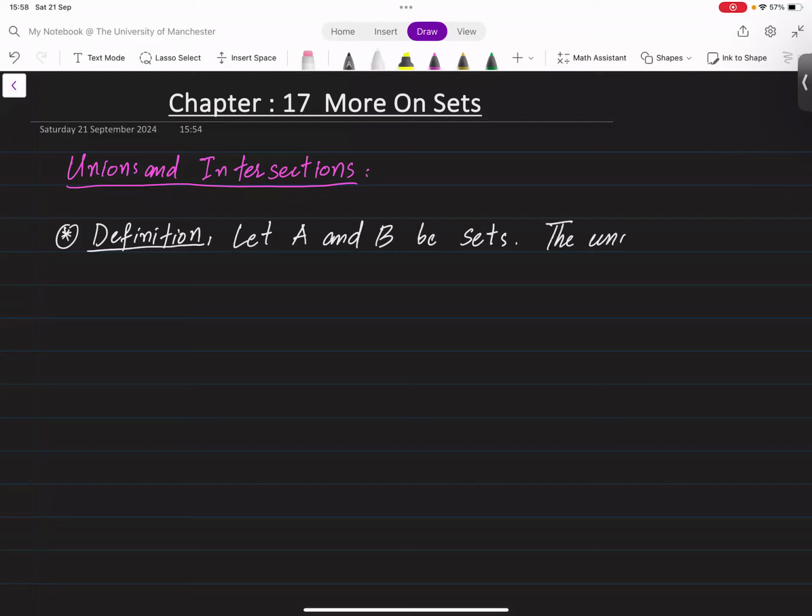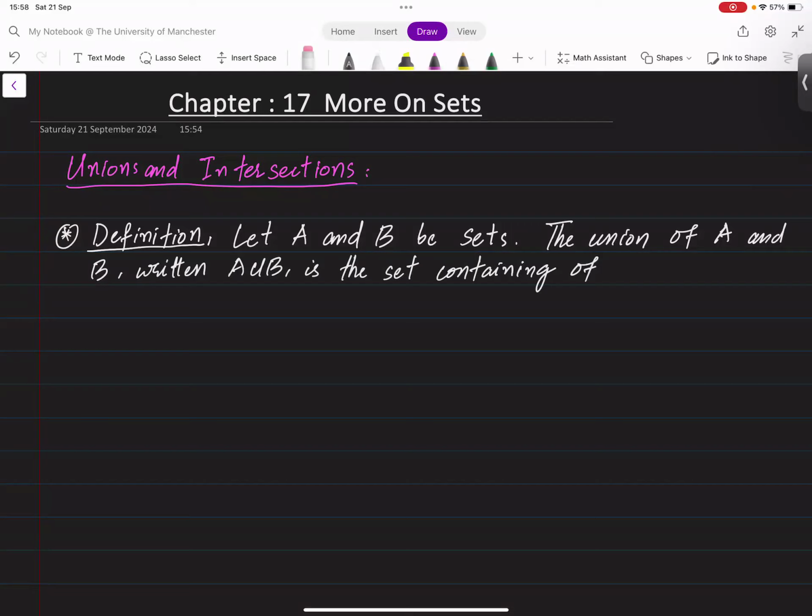The union of A and B, written like this, is the set containing, or you can say consisting, of all the elements